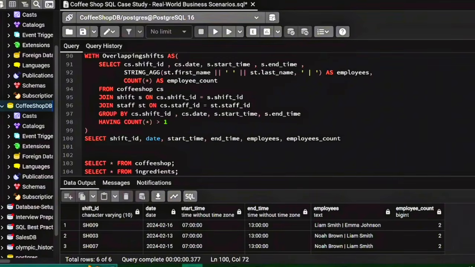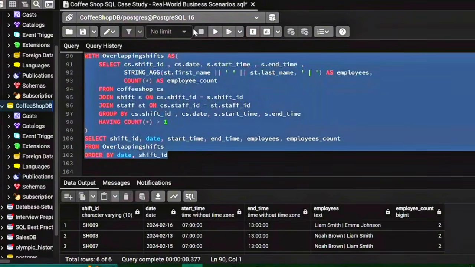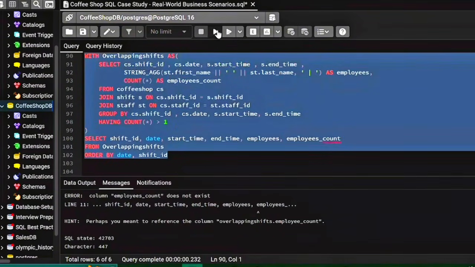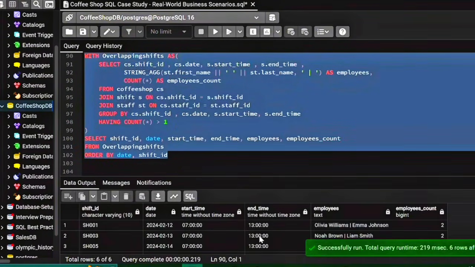Employees count from overlapping shifts, order by date and shift ID. Well, let's run the query. Okay, so the error is we forgot the S in employees count. Let's run the query again, and as you can see on the screen,